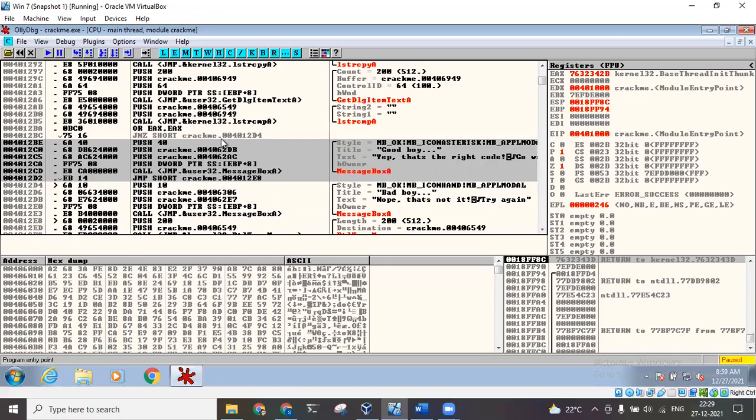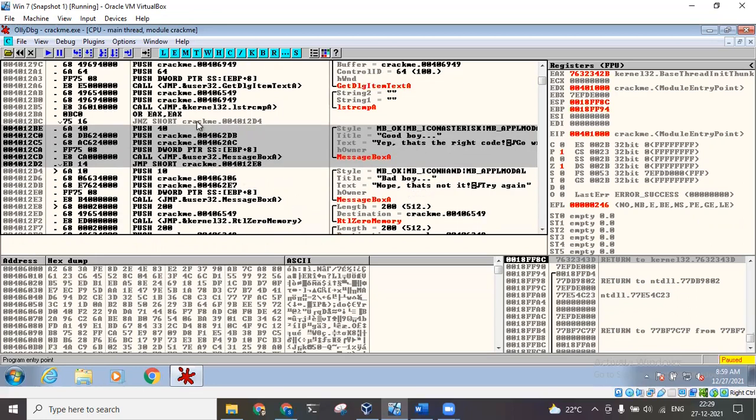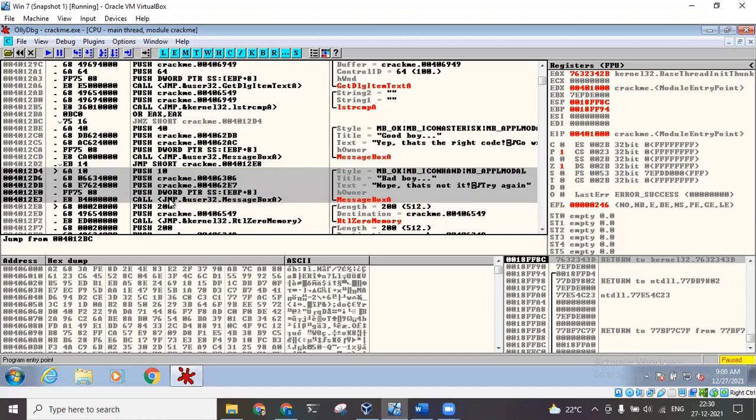If we enter the incorrect value, then the success block is not executed and we go to this error block. But if we give the correct code, then this jump if not 0 condition will fail, and this success message block will be executed. After that, we also have the location 4012E8. So this message will be executed and then it will jump directly to that one. Basically, if the success message is executed, then the error message is completely bypassed.